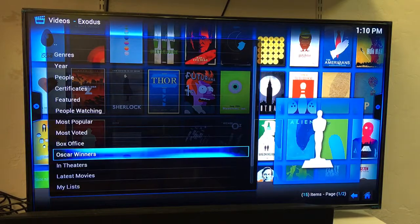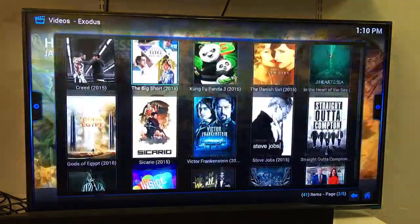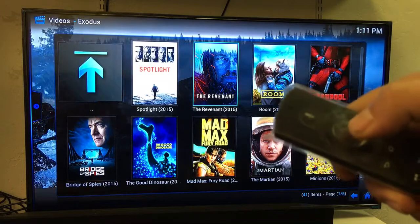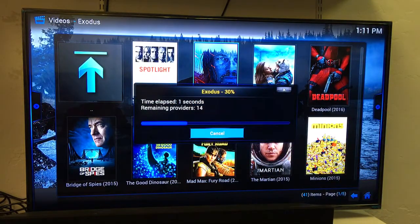Inside Exodus, you can go to movies. You can go to people watching, and these are the most popular movies that people are watching. So what we can do is click on the center button. I have Revenant right there. I'm going to click OK on Revenant, and it's going to pull up streams. This is the app Exodus, which is very, very good. So it's going to pull up streams just like that, and then it'll pull up a whole bunch of